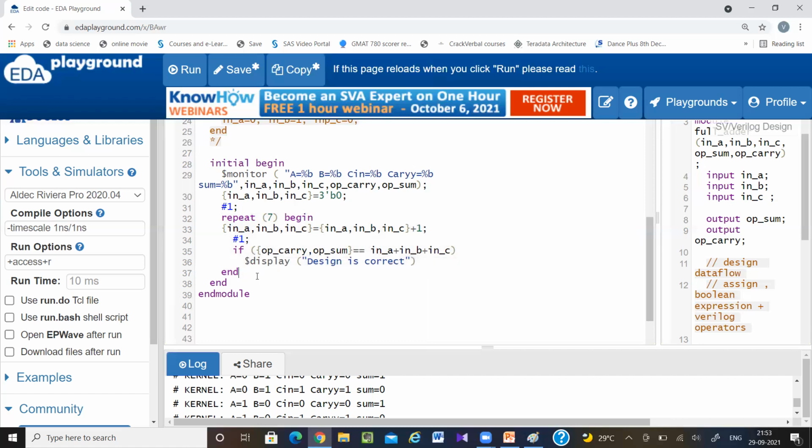So I don't have to check this, it will be repeated. The $display will get executed once, and the repeat block is going to execute it 7 times. Else, if that condition is not satisfied, then $display design is wrong.